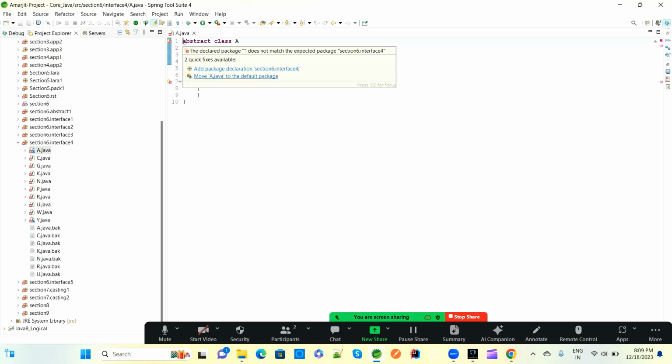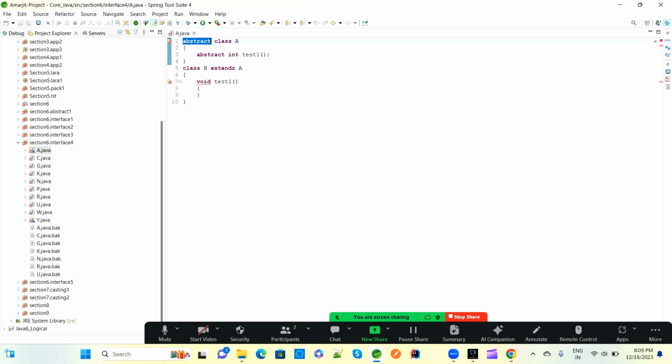So we have a class A in this section 6 app interface 4. This is the package which I have to declare, and after that we have an abstract class. So this is a class of abstract class A. Inside that, one abstract method is there. An abstract method won't have any implementation or method body in that class. And we have a simple class B that is extending class A. It's fine. But while extending, this abstract method also will be